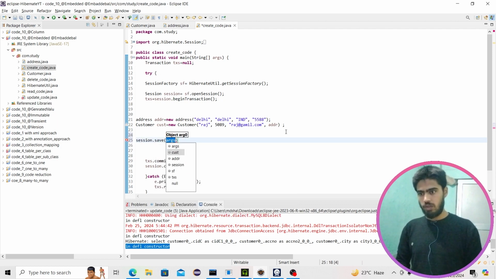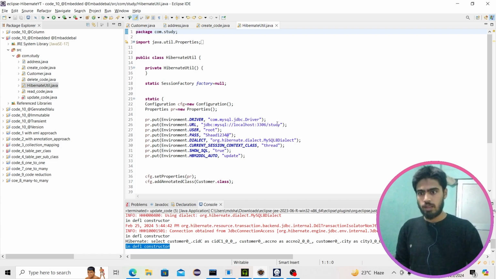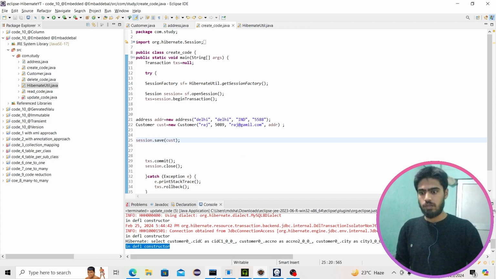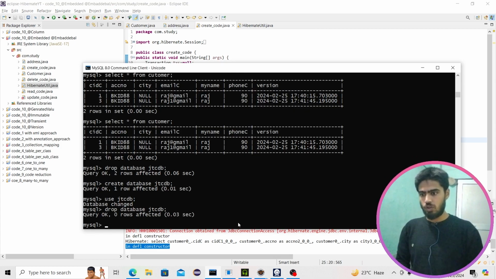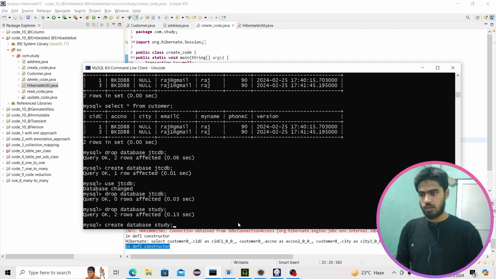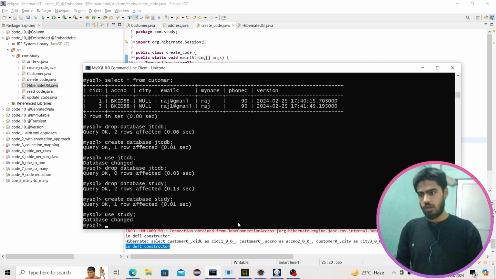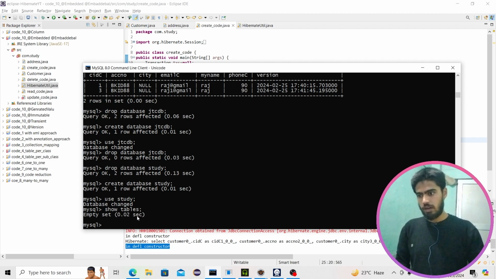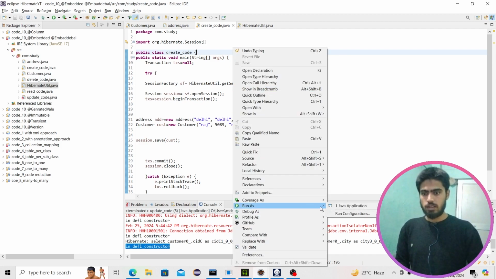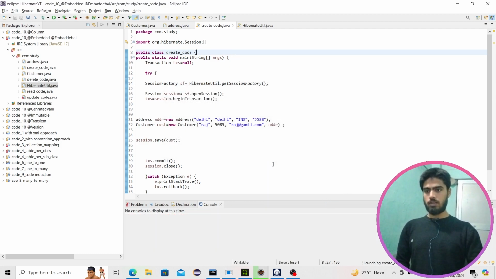Then we are going to use save method of session, and we are saving customer, and these things are going to be inside study database. Let's delete everything from study database first. Let's drop the study database, create the study database. We are using study database, and right now there is nothing inside the study database. Let's run this code. Java application, proceed,